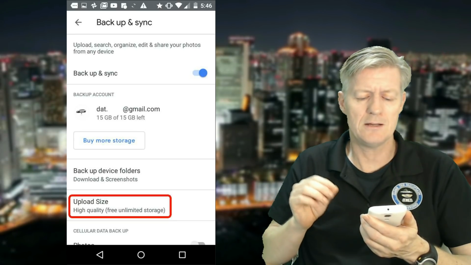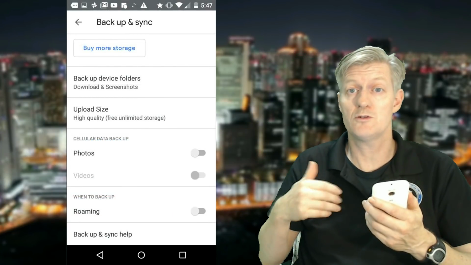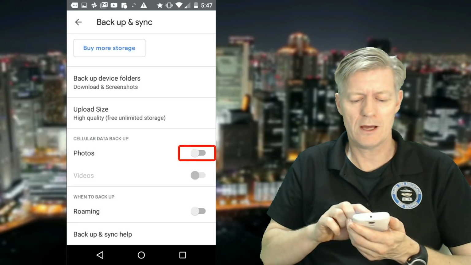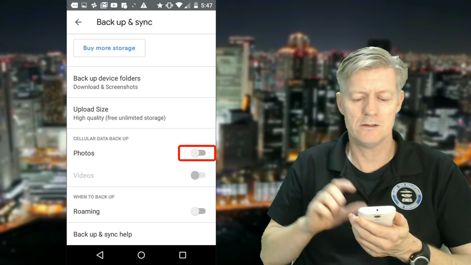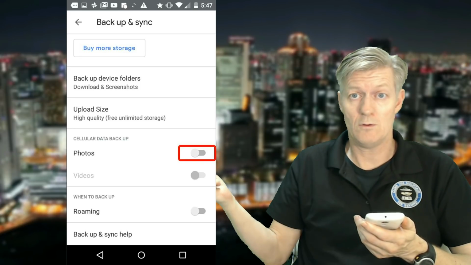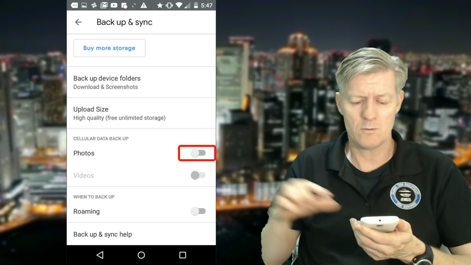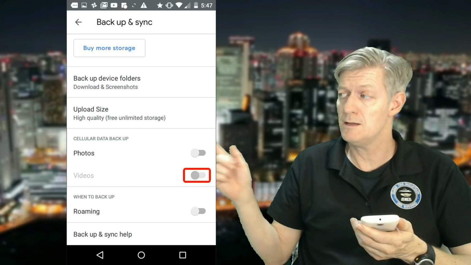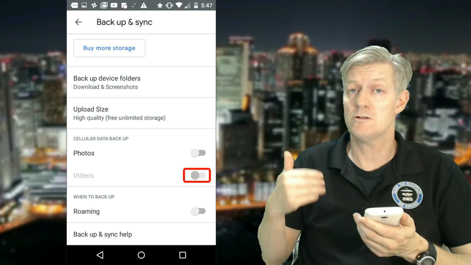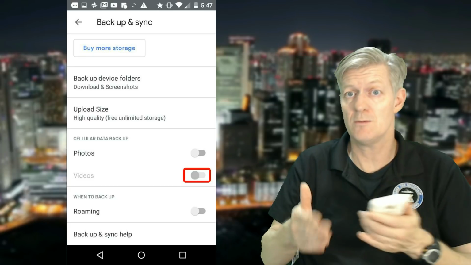Below that it says cellular data backup. Now if you're connecting your phone to a Wi-Fi at home, it'll upload your photos when it's connected to Wi-Fi. But let's say you don't have Wi-Fi at your house, then what you'd have to do is go down to where it says cellular data backup, and notice the very first option says photos. If you want your photos to be backed up on your cellular data, then go ahead and choose on for that one. If you want your videos to be added to that, turn that on too. But just be aware that when you turn that on, it will be using your cellular data. So if you only have so many gigs per month, it will be using up some of that to upload